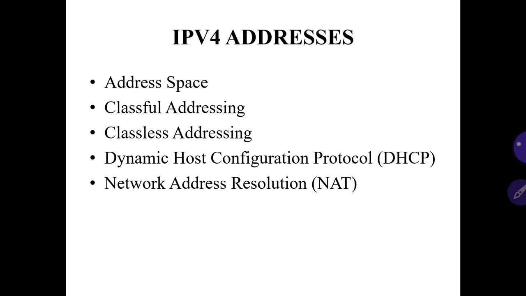In logical addressing, or network addressing, or internet or IP addressing, there are two types. One is the IPv4 method, another one is the IPv6 method. First we will discuss the IPv4 method. IPv4 is 32-bit addressing. 2 to the power of 32 is around 4 billion, which gives the maximum number. That many computers we can address by using this system.